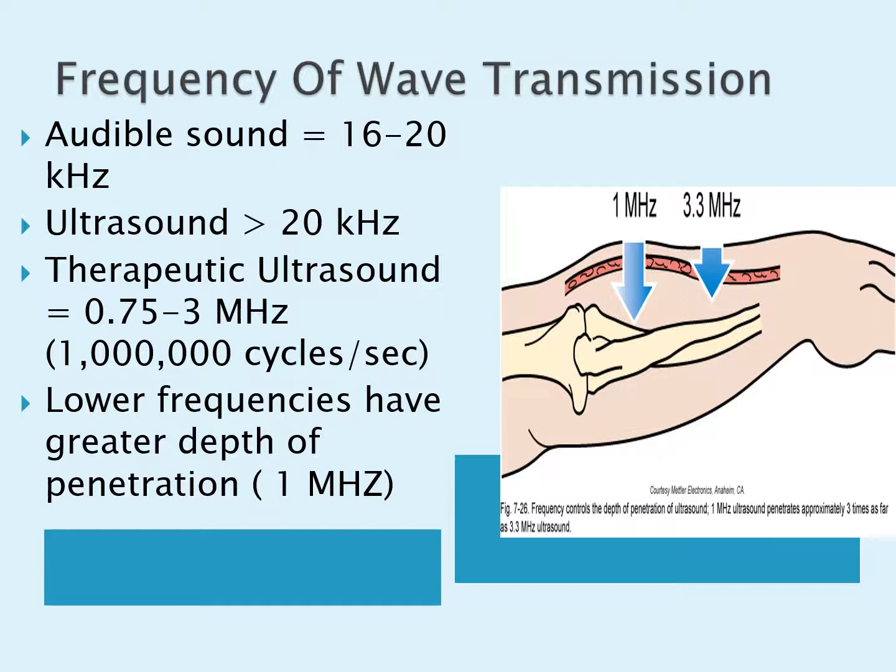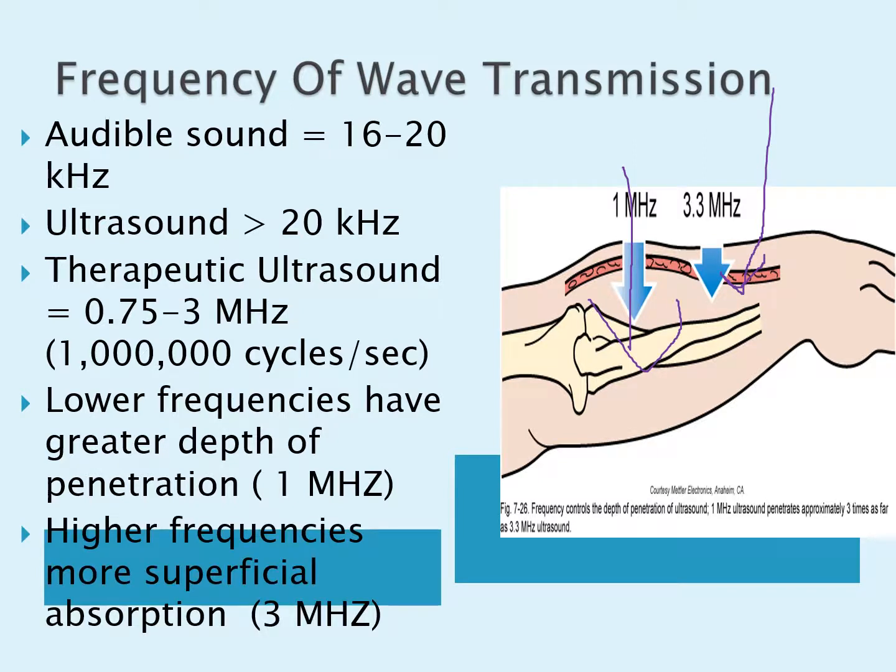Lower frequencies have greater depth of penetration. So the 1 megahertz unit itself is going to penetrate deeper than the 3 megahertz. Higher frequencies, more superficial absorption. That means the 3 megahertz is going to be absorbed greater by the more superficial tissue, meaning the skin, the fascial layer, stuff like that. Whereas the 1 megahertz can get down and actually cause some cavitation on the